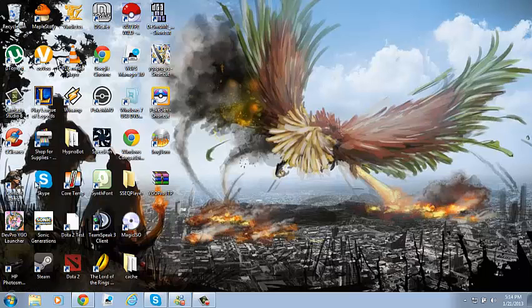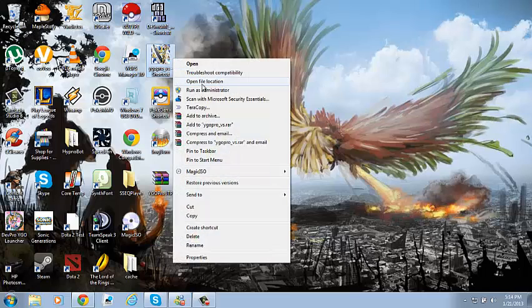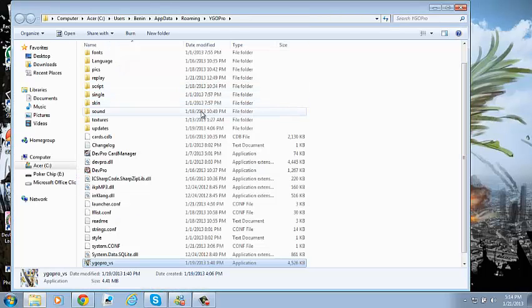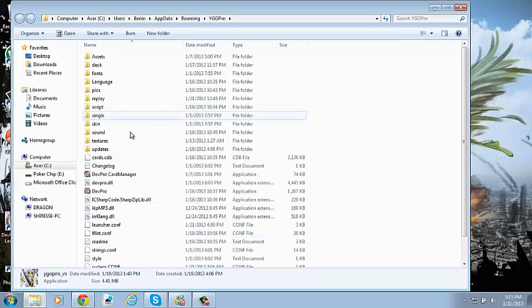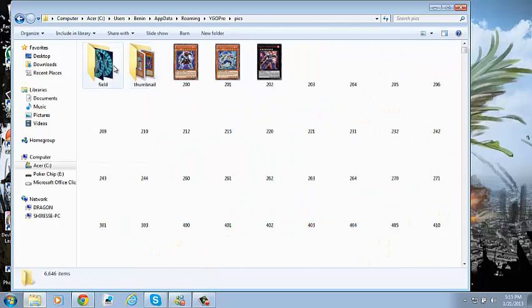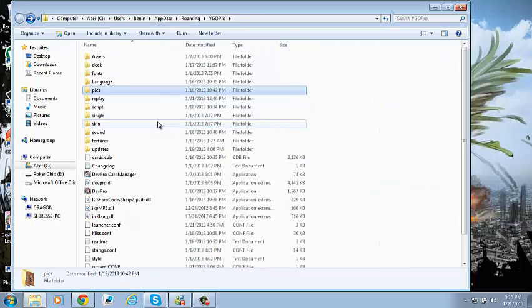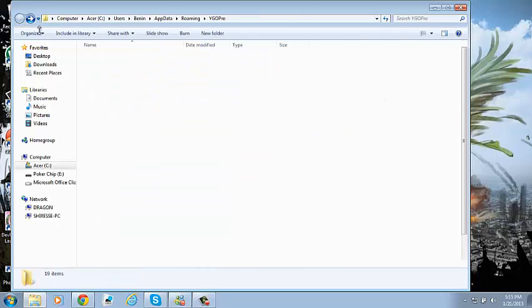So the first thing you're going to do is find wherever your YGOPro folder is. If you can't find it, you can right click and click Open File Location, and then just go through the motions here. Your most important folders are, number one, not the pictures, because that's for the cards, just in case you want to have orcas. Your textures,